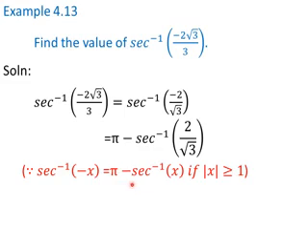Secant inverse of minus x is equal to pi minus secant inverse x if modulus of x is greater than or equal to 1. So here our x value is 2 by root 3. The modulus of that will be greater than 1, isn't it? Because root 3 means 1.732. So 2 divided by a value which is less than 2 means it will be greater than 1.